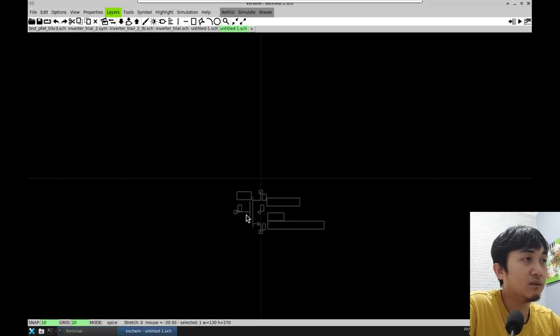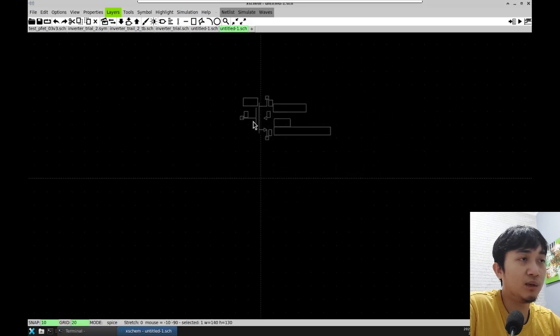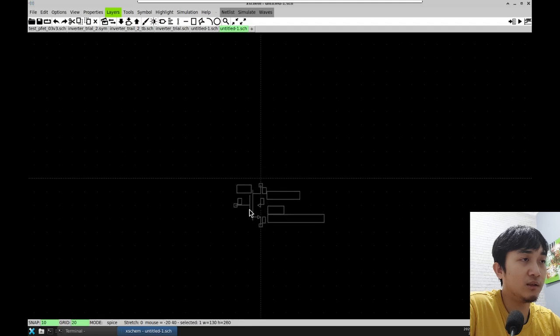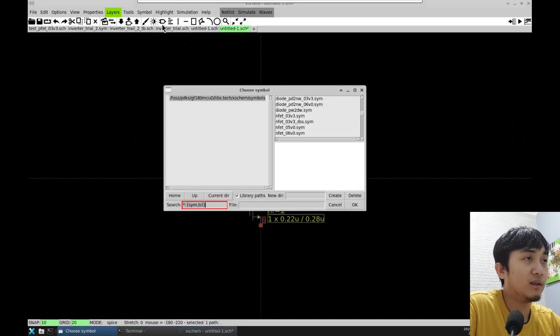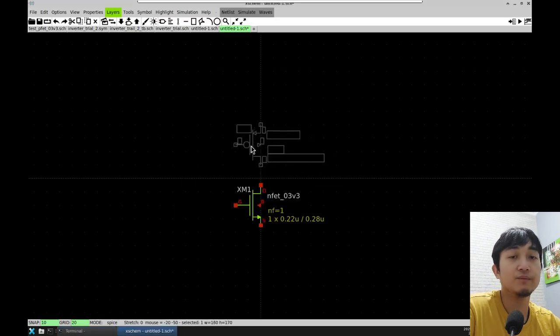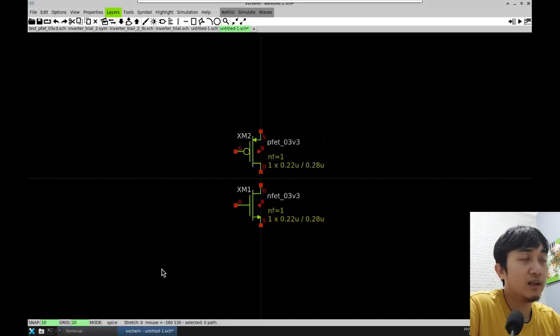and there you go, the device has been selected, and you can place it wherever you want. So place it here as a low side transistor, and the PFET as the high side transistor. Choose that, and there you go. And then we have to connect these two